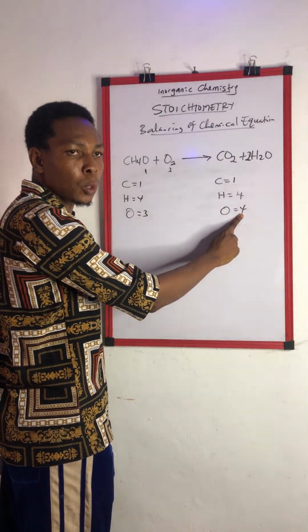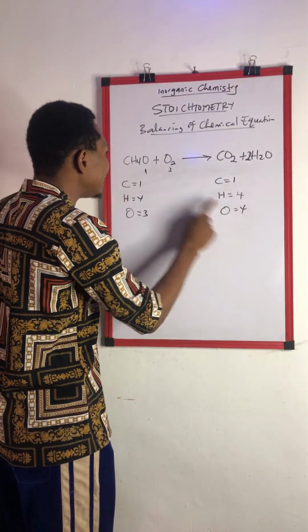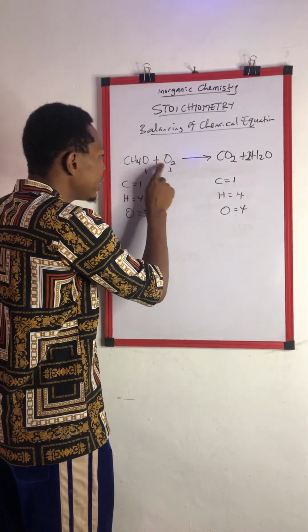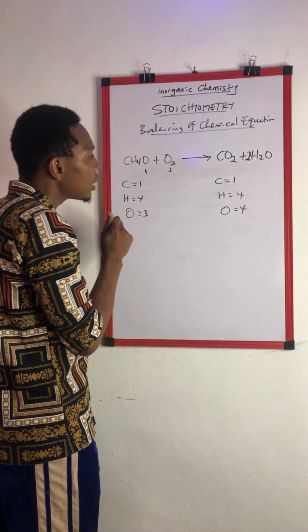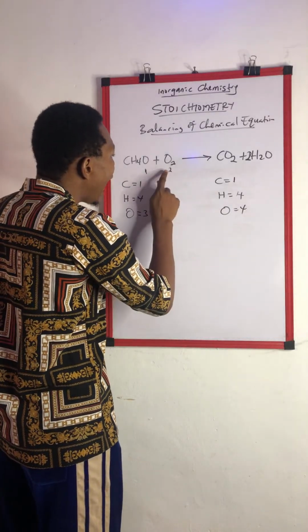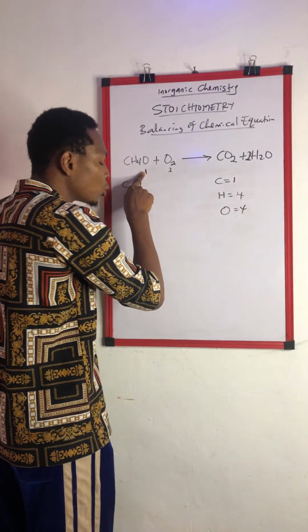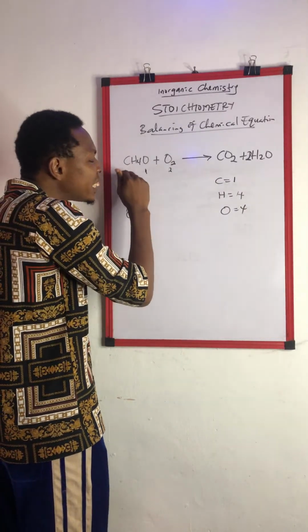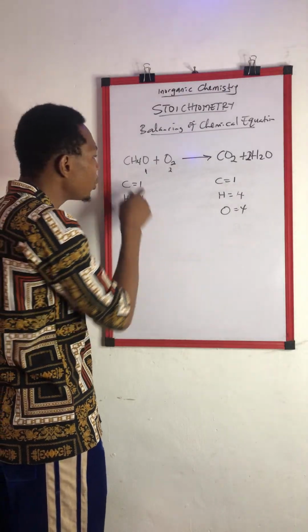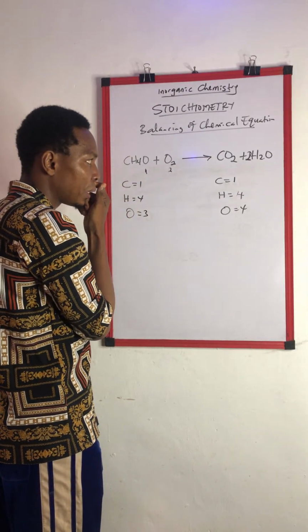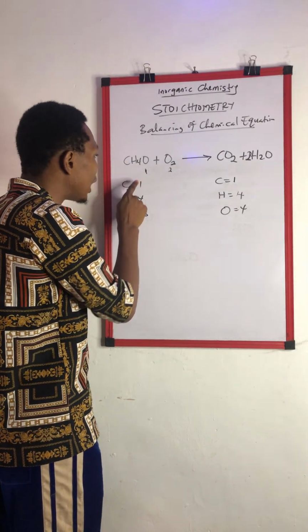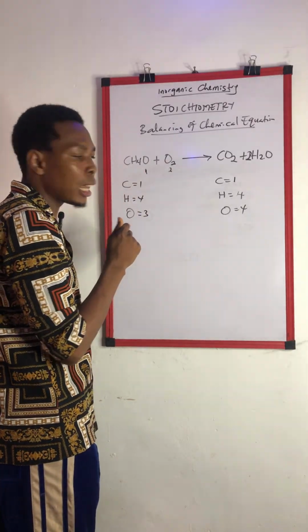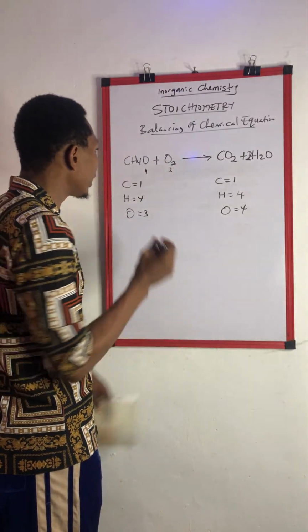So definitely we are trying to balance this one so that it will be able to meet up with this 4. Here oxygen appears in 2 places. Now the question is, should I add to this 2 or should I add to this 1? You don't add to this 2, you add to the smallest value, which is this very one here. So what we are going to do now is to add up to this, and if we add one here